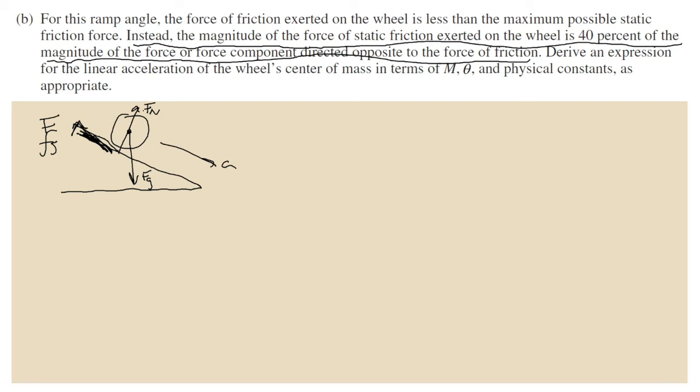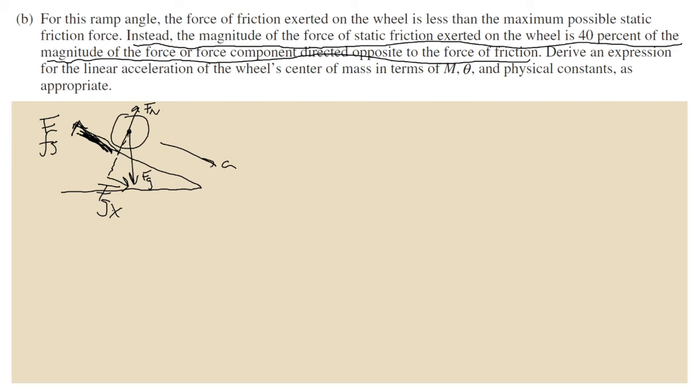It's really important for everybody to realize, if in the beginning parts of a problem they ask you to draw a free body diagram and then they ask you to derive anything, it's supposed to be done using the free body diagram. If this thing is accelerating down the ramp, then we have to use the basic free body diagram approach for deriving acceleration expressions. Now notice, there are no actual full forces acting in the direction of the acceleration, but the component of the weight that's parallel to the ramp, or in other words, FGX, is acting down the ramp